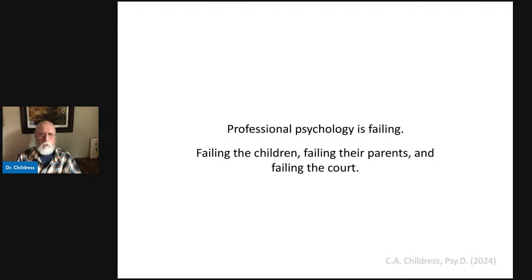Right now, professional psychology is failing in its obligations. We are failing the children, we are failing their parents, and we are failing the court. We are failing to protect the children. We are failing to return an accurate diagnosis to the court that the court can rely on for its decision making. Now, an additional area of concern regarding duty to protect and the differential diagnoses involved is spousal psychological abuse,